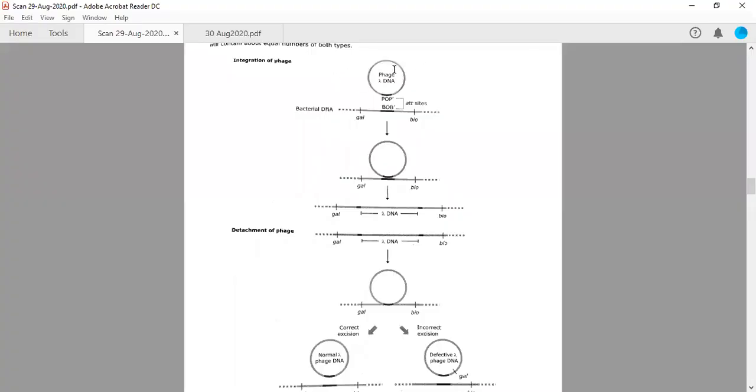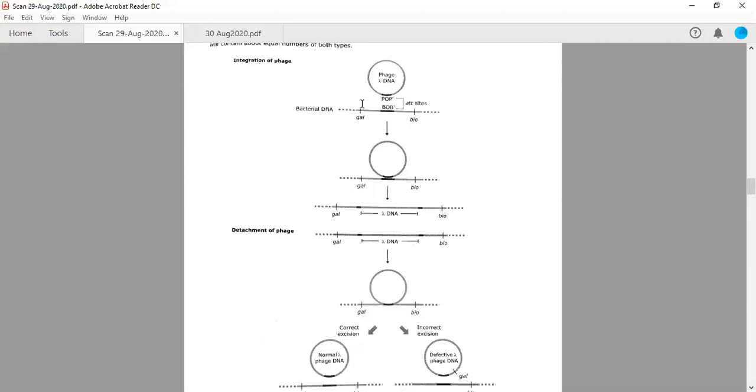So this circle actually has many genes for the head region, for the tail region, and this is the integration region, with the help of which it is able to integrate into the bacterial genome. So the bacteriophage lambda genome will be integrated inside the bacterial genome by these sequences. This is POP', P for phage, and the bacterial DNA will have BOB'. These are called attachment sites. So when homologous recombination takes place, it will be integrated into the bacterial genome,